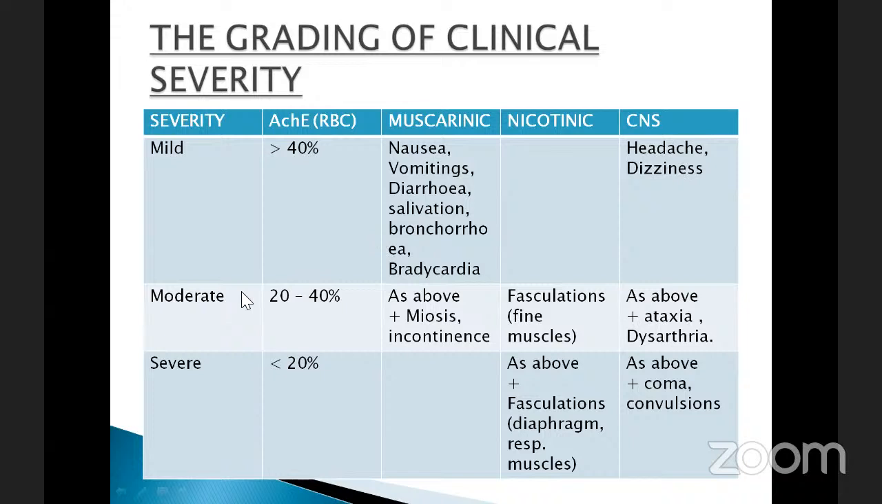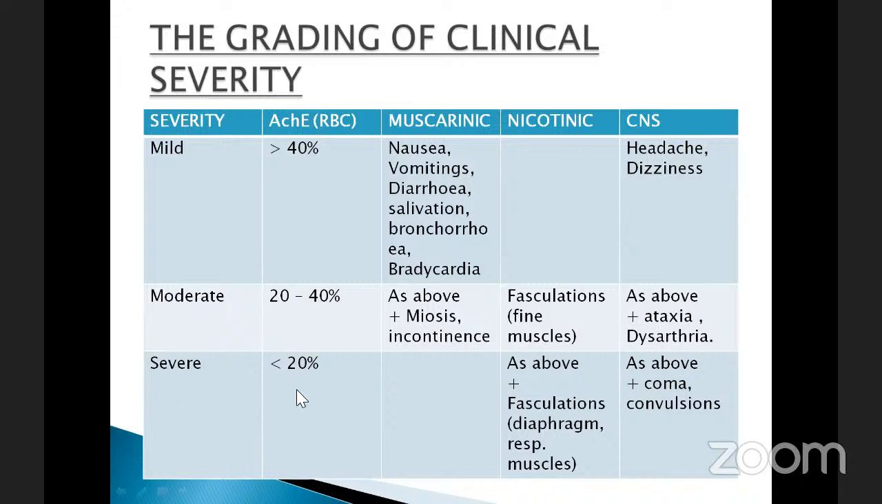Coming to moderate, it is around 20 to 40%, including all the above symptoms. Miosis and incontinence will be added. In nicotinic effect, fasciculation is seen on fine muscles, and in the CNS, along with headache and dizziness, ataxia and dysarthria can be seen. Coming to severe,